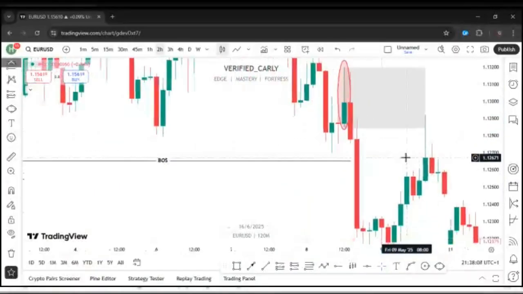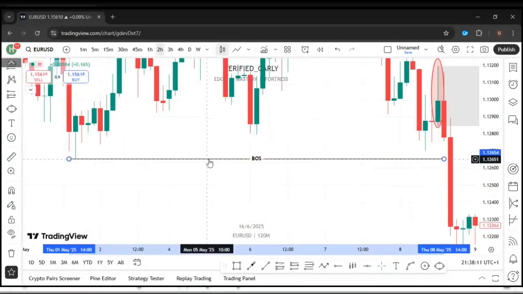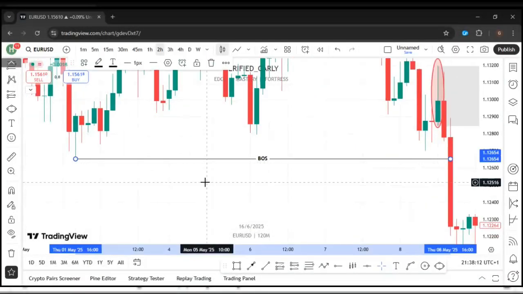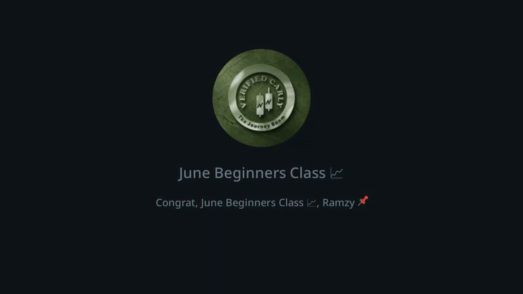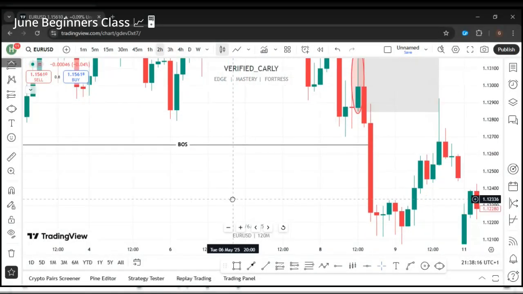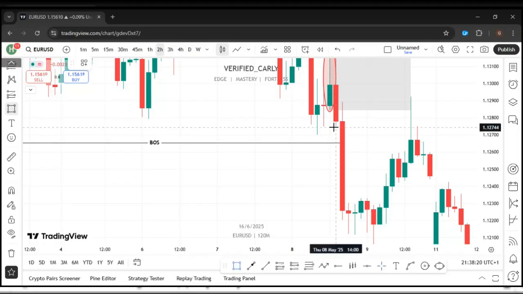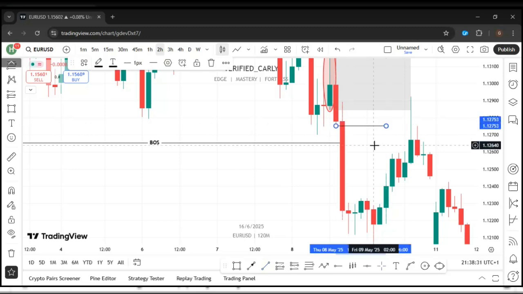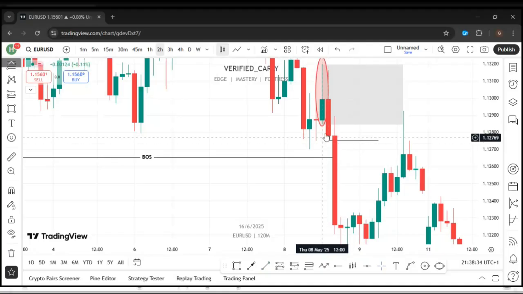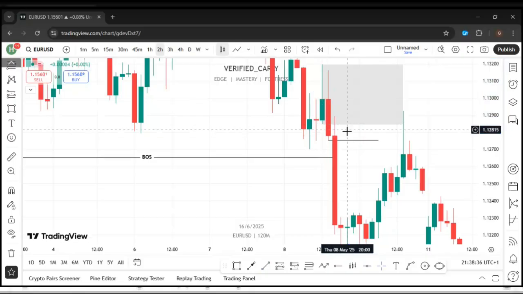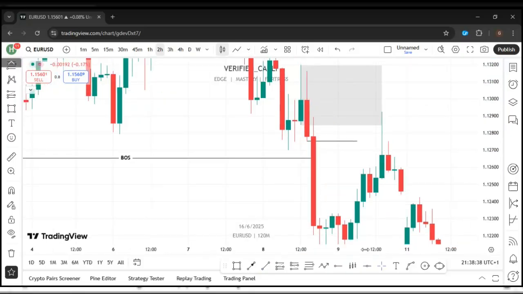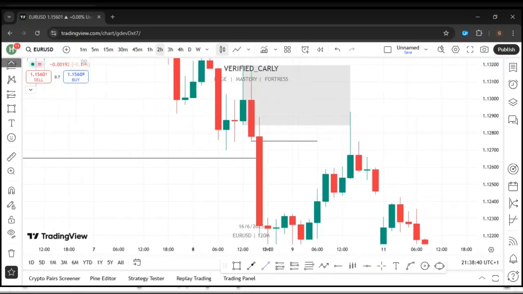An order block is valid when it breaks structure firstly, and when it creates an imbalance. This is an imbalance, guys. Price needs to come back and fill it. An imbalance is a three candle formation. So you see this candle with this first candle, this red one right here. Let me remove this red stuff so it won't confuse you guys. So this candle that I just marked now, and the last one, and this one,